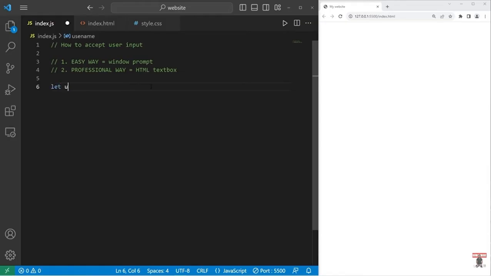Let's begin with the easy way. We'll create a window prompt. The first thing we should do is declare all of the variables we're going to use. Let's create a variable named username. We'll declare it, but not yet assign it. Then when we assign it, we can set username equal to